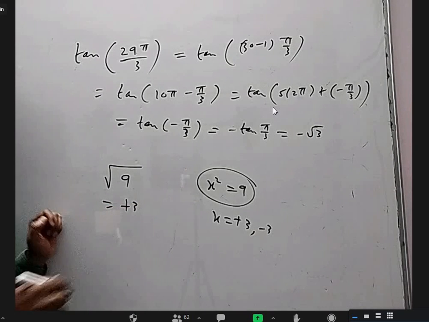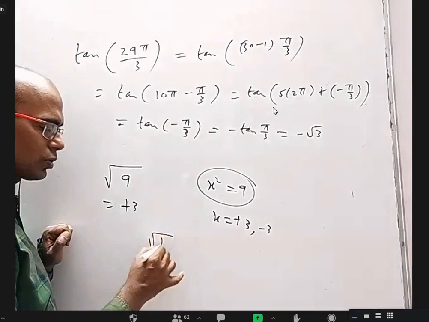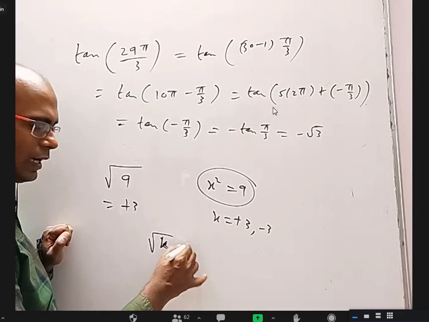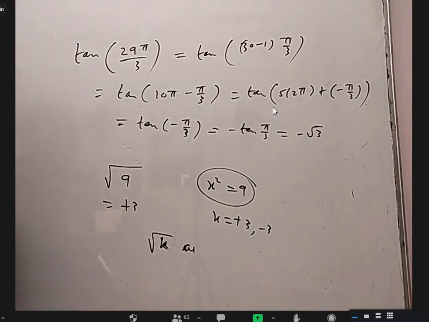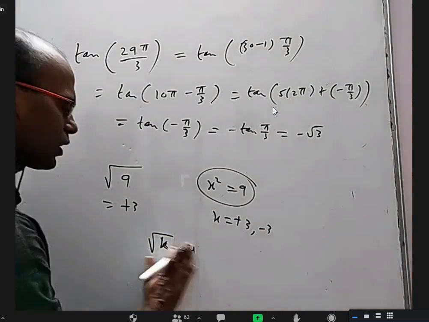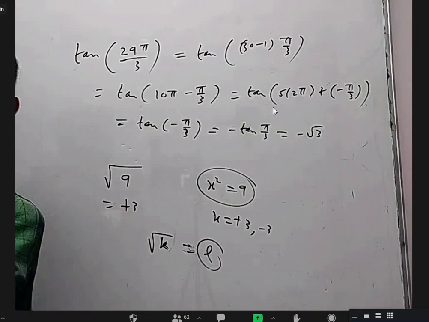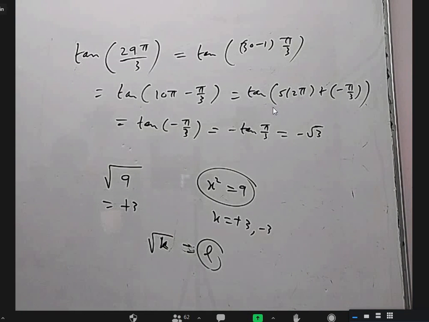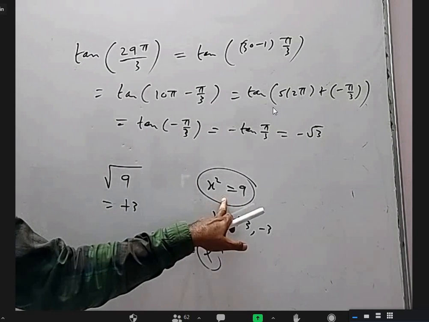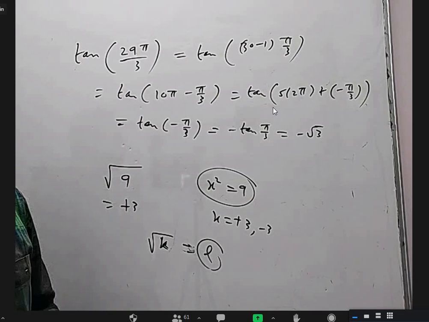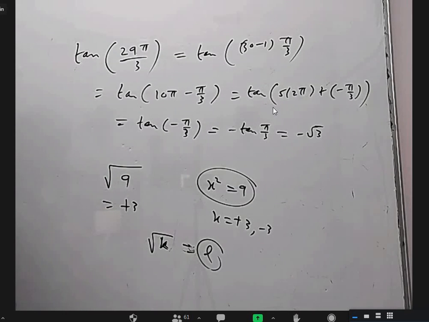Why, sir? It is defined like that. Root k we are defining as the positive square root of k. If you want to say root k is L, L should be a positive number and L square should be k. We are going to define it like that and use it like this, because we don't want to give two answers, we want to give only one answer. You may say, why not give minus 3? Yes, but earlier mathematicians decided to take only the positive. So for x square equal to 9 both answers are correct, but root 9 means only plus 3. Is it okay, everybody? Yes, sir.